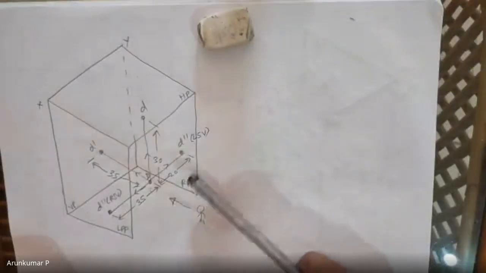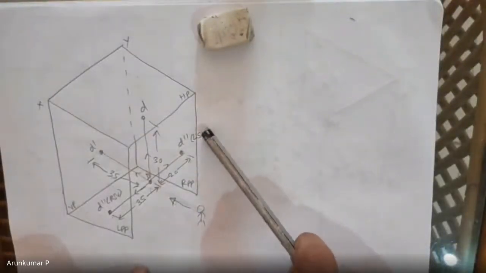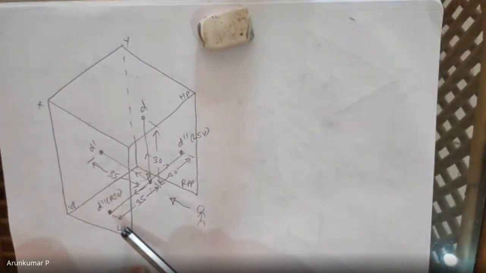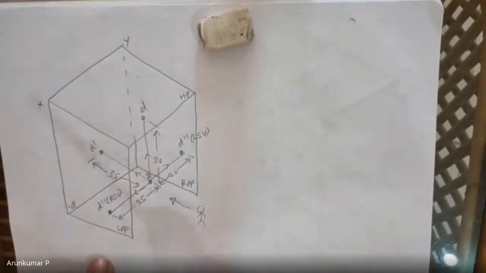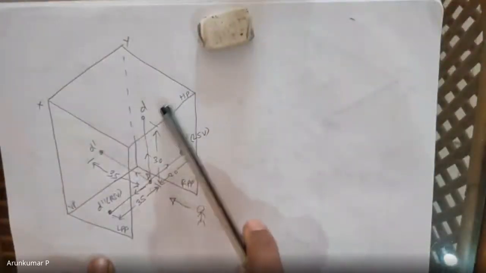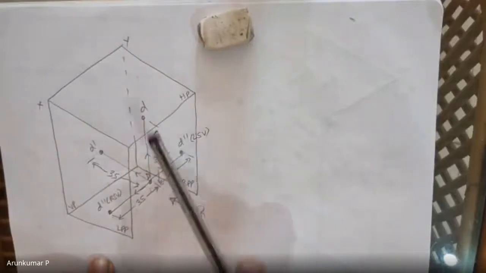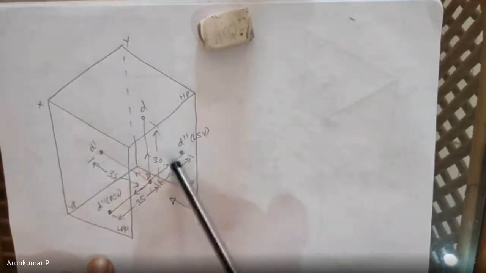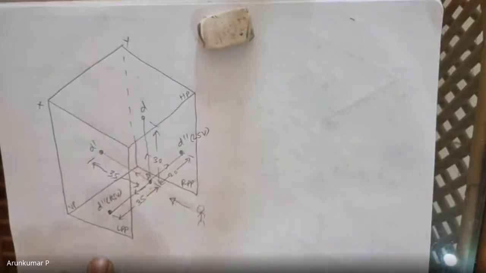So here also you are getting the left side view on the right profile plane. You are getting the right side view on the left profile plane. So whatever you had seen in the first quadrant, the same rules apply for the fourth quadrant also. Simply because the first and the fourth quadrant are one below each other. The first quadrant is above, the fourth quadrant is below. So one below the other, one above the other, you can say. Because of which the rules of the side plane are the same for first and fourth quadrant.